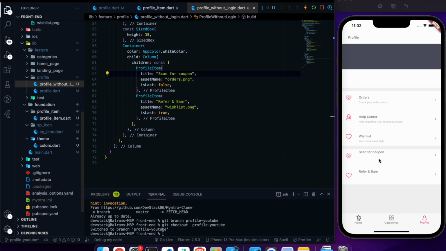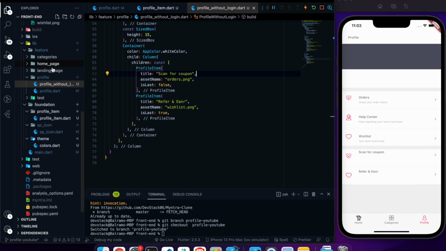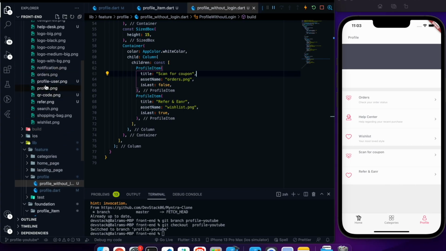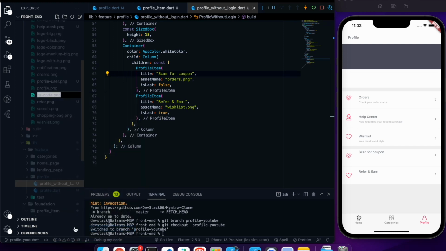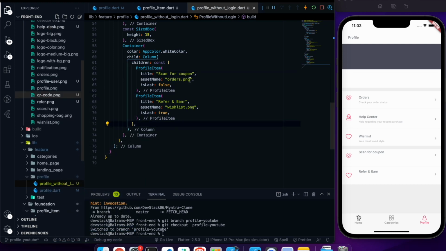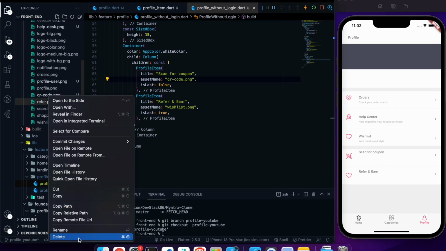Yeah, I kind of knew that this was going to happen, and let me first change the icons. So I have an icon for QR code. Let me go over here, let me use it. Okay, for QR code we got the icon. I have an icon for refer as well, so let me use that as well.